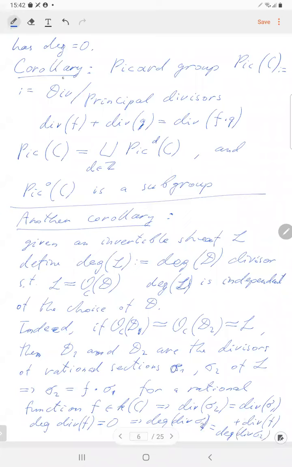That's it. So the notion of degree of invertible sheaf is well defined,